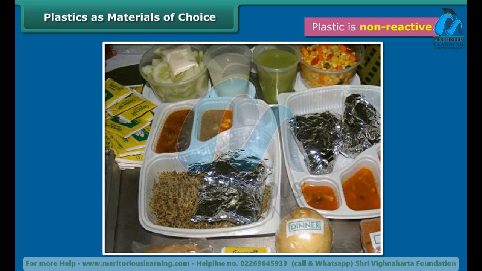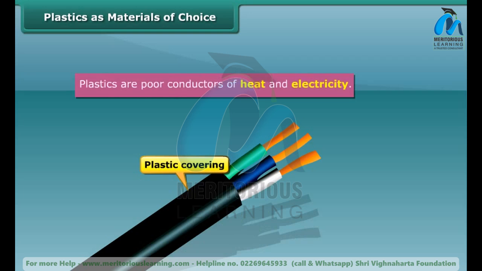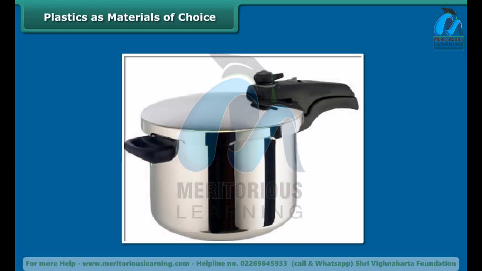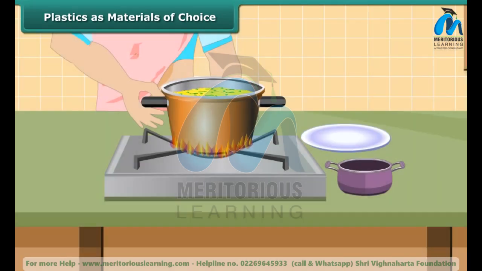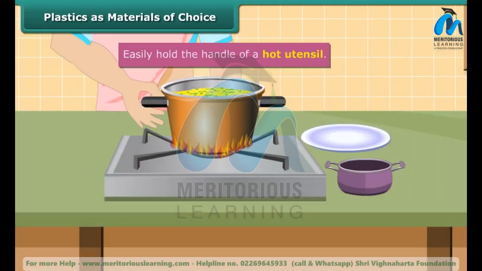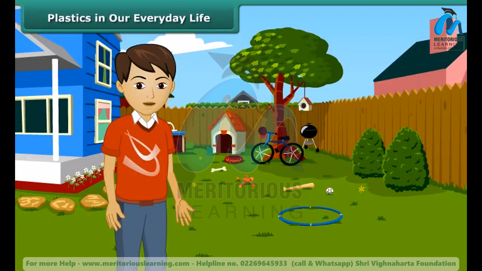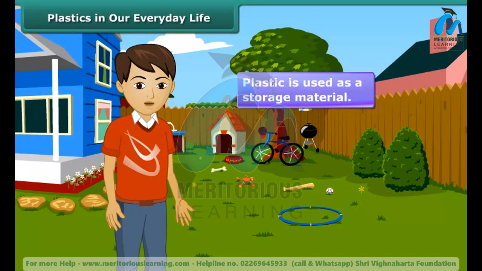Since plastic is a poor conductor of electricity, the electrical wires have plastic covering. Did you ever notice that the utensils which are used for cooking have plastic handles? Plastics being poor conductor of heat, we can therefore easily hold the handle of a hot utensil. Not even a single day passes when we haven't seen or used an object made of plastic. It has taken so much prominence in our lives due to a number of its properties which make it convenient